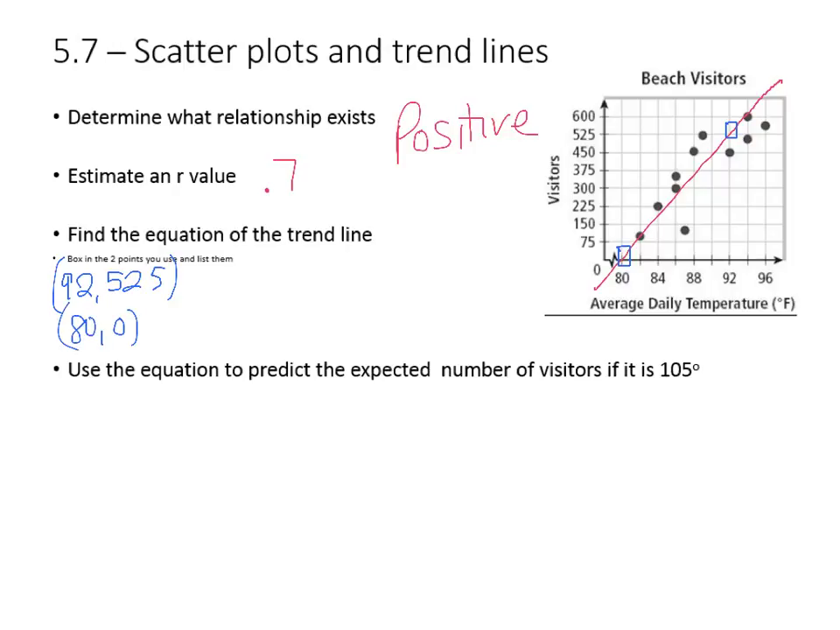Alright, so I've got my 2 points. And I'm supposed to write the equation of the trend line. So we're going to do what we've done on these previous slides. That's why we were doing that, writing the equation of a line given 2 points. Well, I have to find the slope. So y